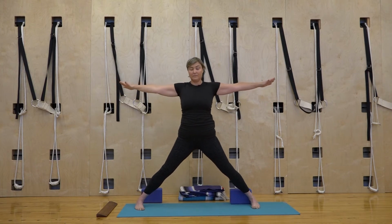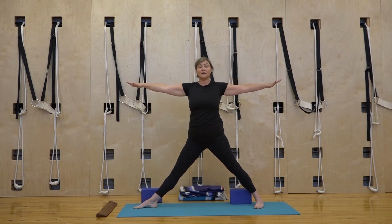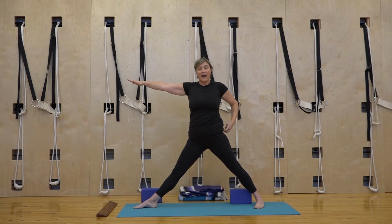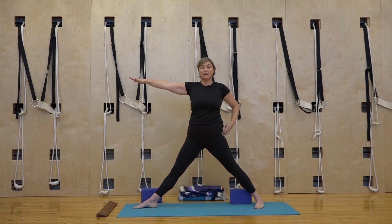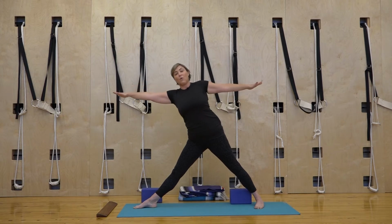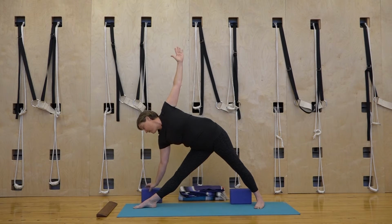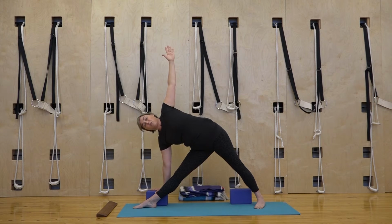And we'll turn the feet. And then we'll turn the left leg and foot out all the way from the top of the thigh. Turn the back foot in. Just like we did last week, we'll draw that outer right hip in as you reach the arms, spreading across the collarbones. We'll inhale and exhale, reaching out over the left leg, extending the sides of the body, bending from the pelvis. We'll take the hand underneath the shoulder, press the hand, rolling the shoulders back, externally rotating the arms